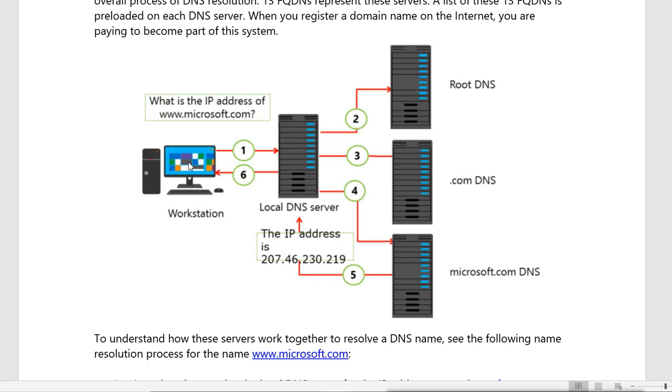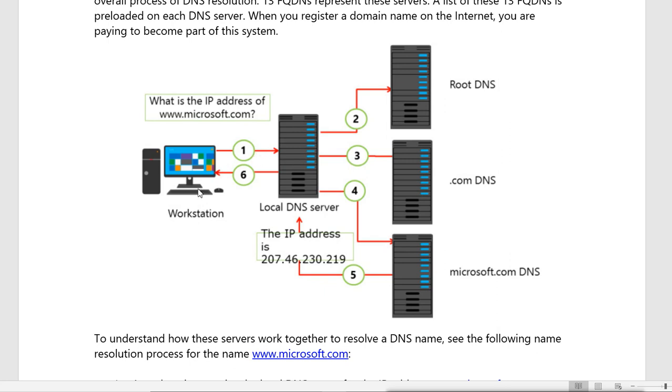Now first your machine will check the host file, whether any record is there for this name. By default there is no record. Always there is no record in the host file. It is empty. So next, it will look for DNS, whether your machine has any DNS or not. If your machine has a DNS IP and knows the DNS server, then it will send a request to the DNS server for resolution.